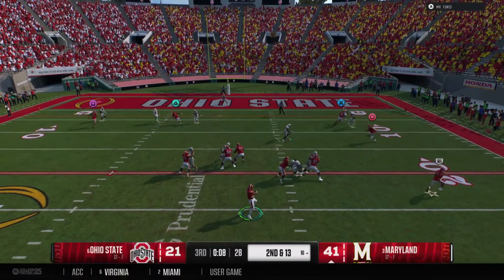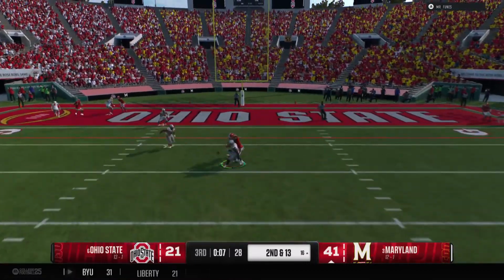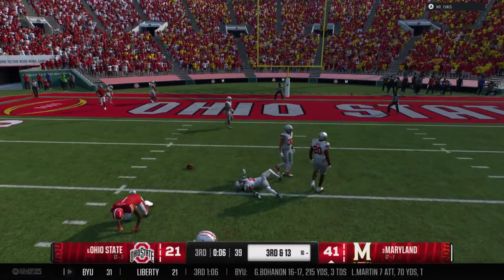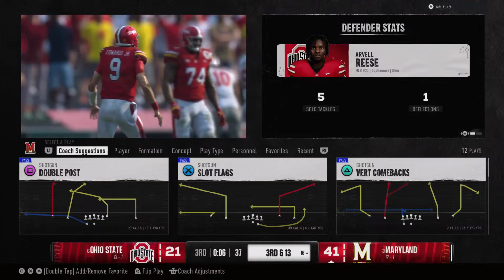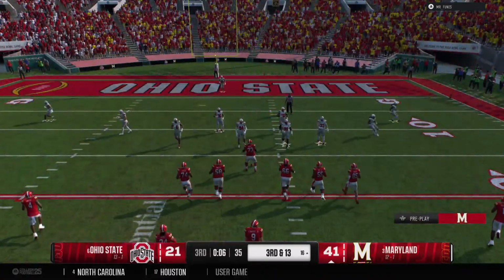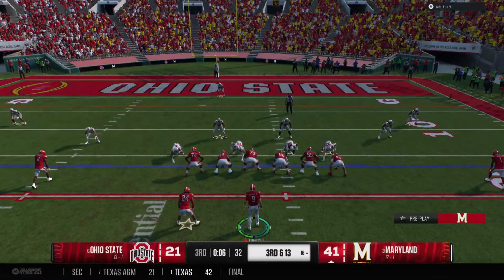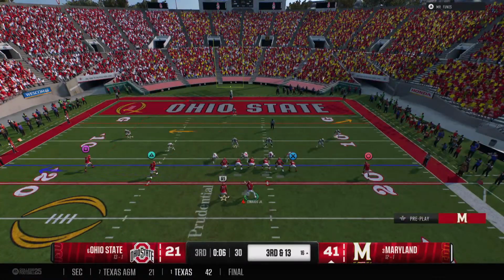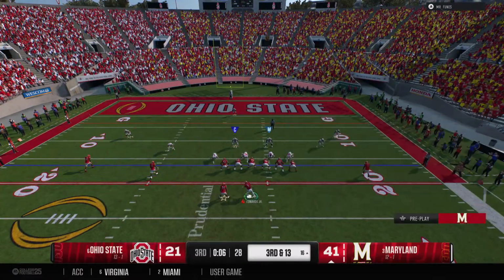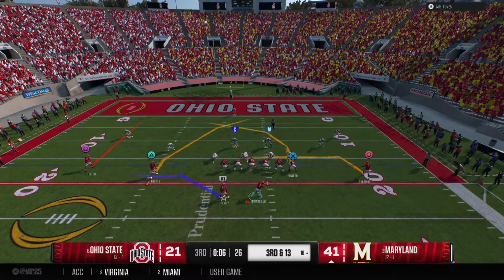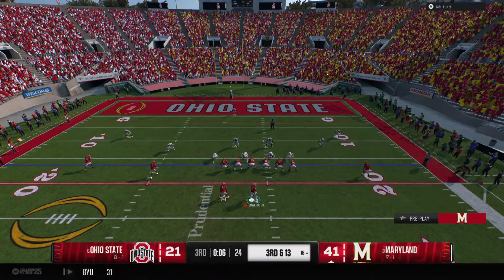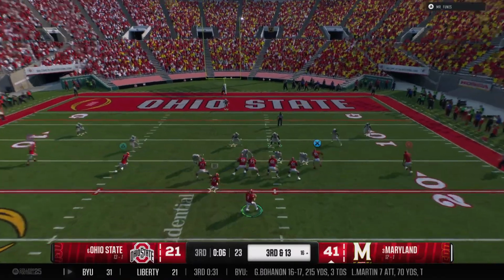Looking to throw. It's Edwards. And it falls incomplete. The defensive pressure hurried the throw that time. Well, you can see what happens when you try to squeeze it into a tight window. An incompletion is probably the best result you could have hoped for, because an interception is the most likely outcome anytime you throw into double coverage. Looks like the QB is changing the play at the line.